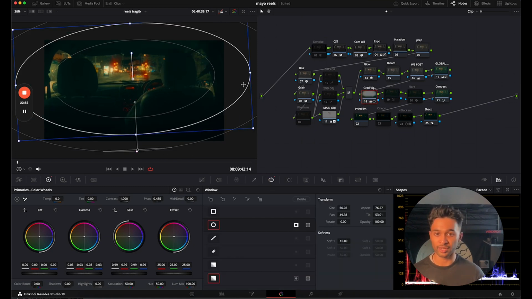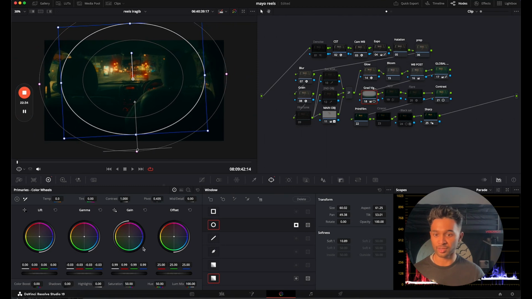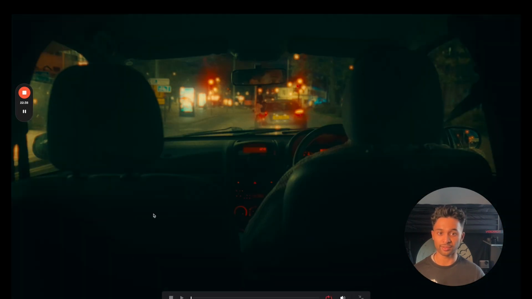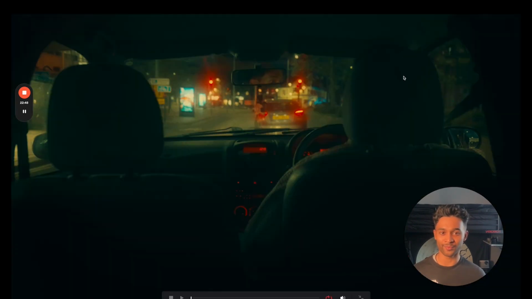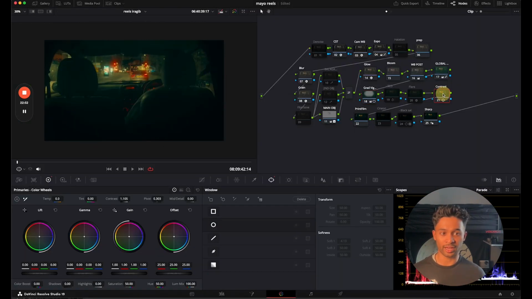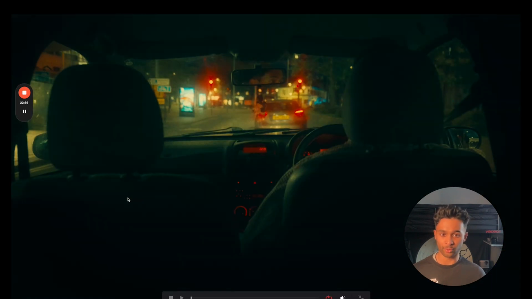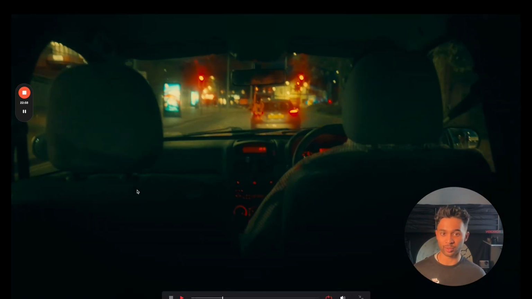You can adjust the vignette using this right here and adjusting your gain, darkening out the image so you have before and after. It brings a little bit more emphasis on the center part right here. I'll get rid of the halation for now, as I think it is a little bit distracting. But we have this nice cool look, and I'll go to my contrast. I will add a little bit more contrast, before and after. And if you press play,